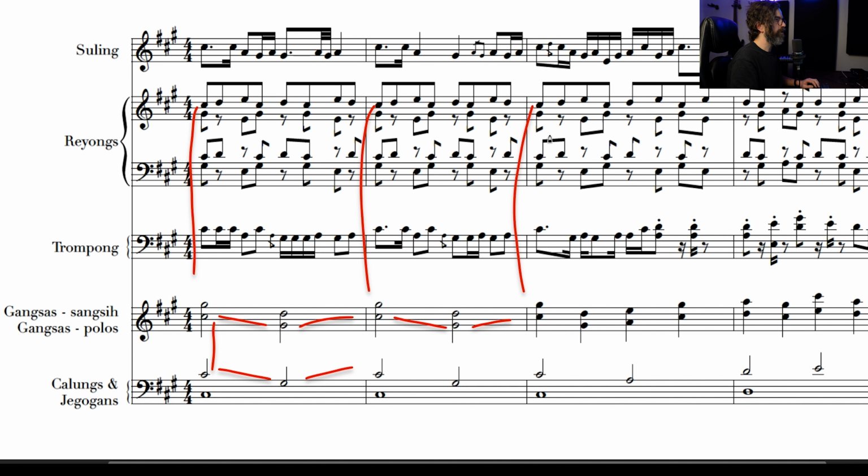and we see that these instruments also use some harmonization with the G, which is used here, and they're also separating the rhythms, which is something specific to the gamelan that I will also incorporate in my example, as you'll see in a second. But what's the most interesting here is the suling. The suling is one of the freest instruments in the gamelan. It's a flute that's flying on top.